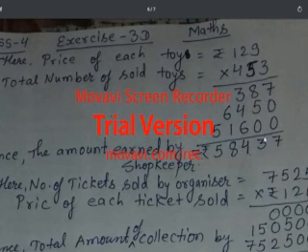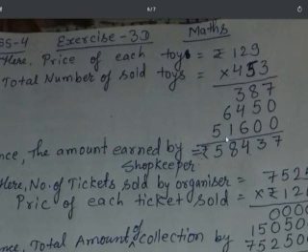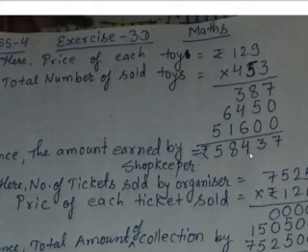So 7 is there, 8. 5 and 3 is 8, 3 is there, carry 1 is left. Okay, so 3 and 1 is 4, 4 and 4 is 8, and 8 and 6 is 14, again carry 1 is left. So 6 and 1 is 7, 7 and 1 is 8, and 5 as it is. So it becomes 58,437. So I had written at last with this only.